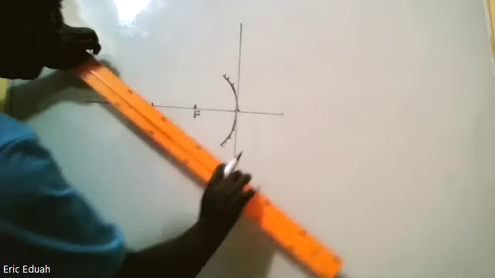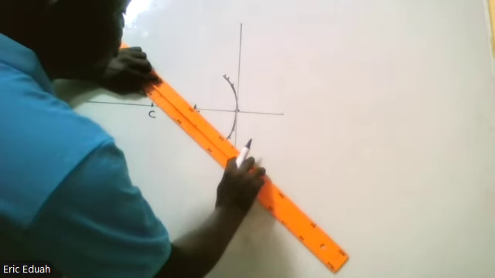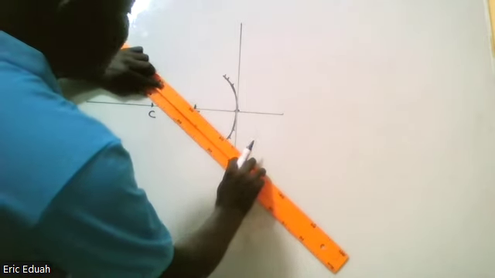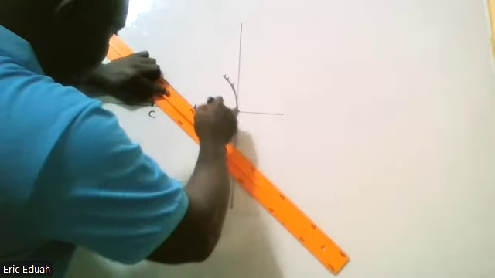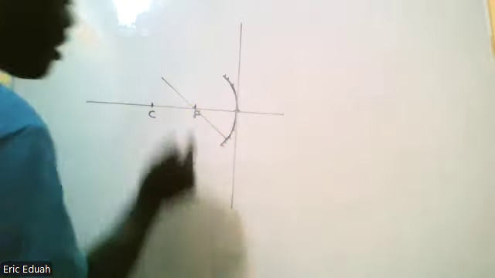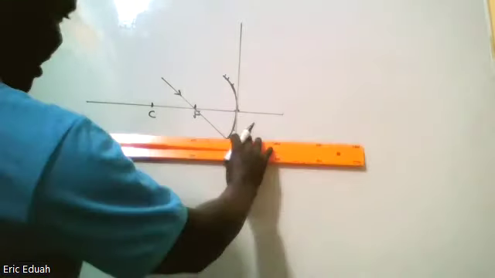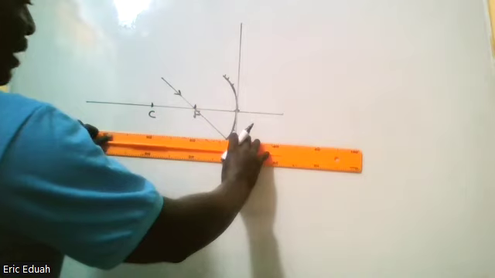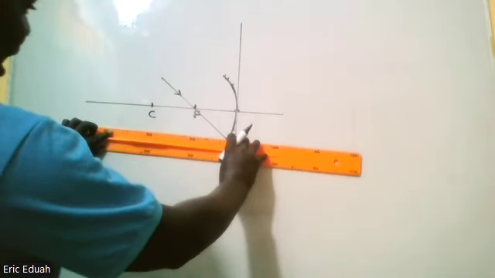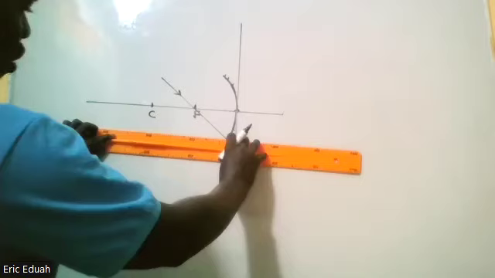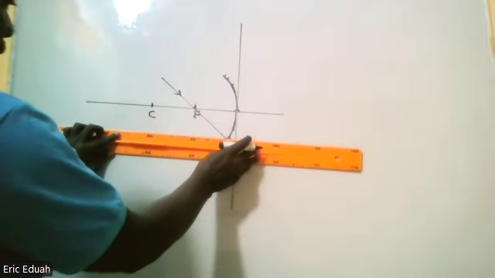So I'm going to draw two rays that are parallel to each other. One is passing through F. A ray of light passing through F, after reflection, we all know must be parallel to the principal axis. So I'm going to draw it here. So this is something to indicate that